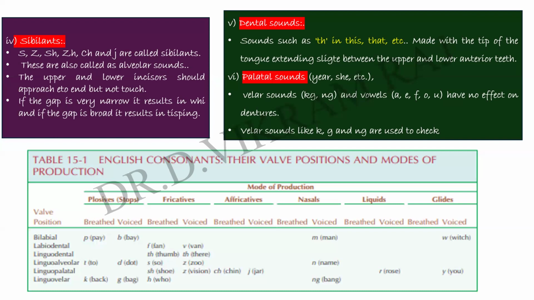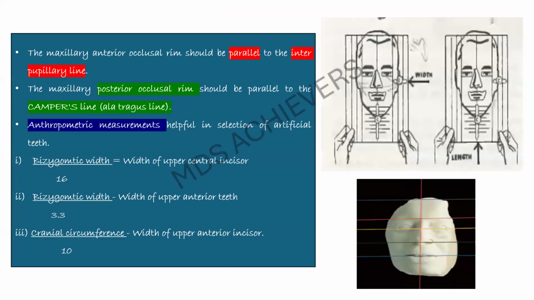Dental sounds are going to be like th, in which the tip of the tongue contacts the upper and lower anterior teeth. And palatal sounds are like sh, j, where the velar sounds K, G, NG, and vowels have no effect on the dentures. Velar sounds like K, G, NG are used to check further whether the patient is having any effect or not. Coming to teeth selection, the maxillary anterior teeth occlusion rim should be parallel to the interpupillary line, and the mandibular one should be along our lower incisor edge